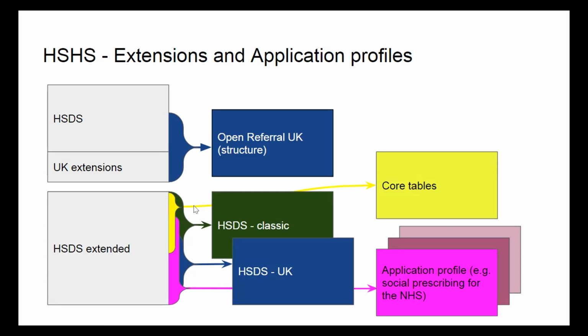how we create them. And we could potentially have multiple versions of HSDS, but it wouldn't just be 2, 3, 4, 5. It would be 2 as an application profile for core tables, 2 as an application profile for social prescribing or whatever. And that application profile is defined by the logic that sits by that arrow, which could be a bit of JSON code, or it could be something else coming from various standards bodies. And that's what Rob's been looking at.